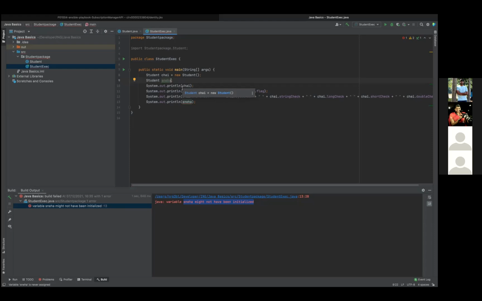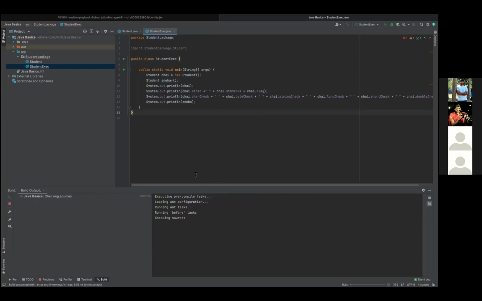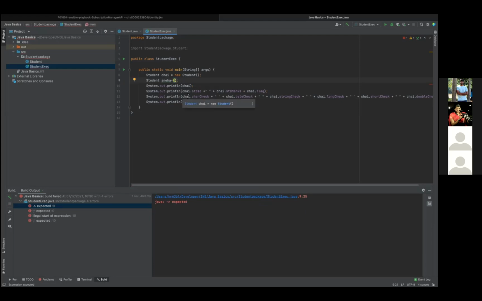So it's always better to initialize equal to null if you don't have any object created for it. Otherwise, you have to create an object in the format of new followed by your constructor. New followed by your constructor, new student. Or you can just give null. Whatever you defined is not the right way. You just gave parenthesis. You didn't write the word new and then the class name student.